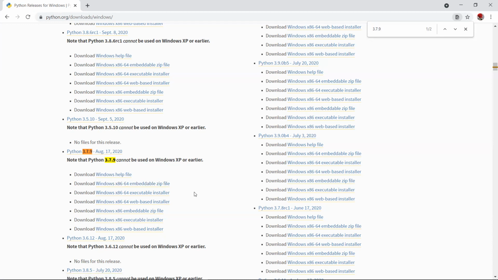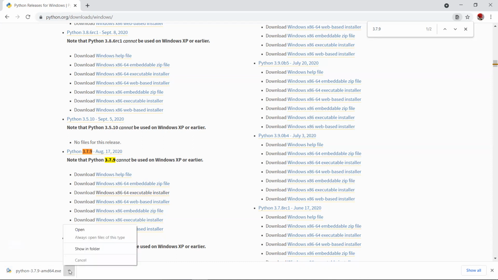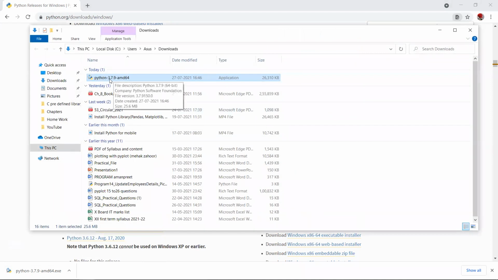Now to install this, firstly we have to download its installer. So click on the third link, that is for the 64-bit, and click here. And now it has started to download, and now you can see here it has downloaded. Now we have to go on our download option, and otherwise I can go from here also. So I'm clicking here and show in folder. Now you can see here there is a Python application. Now we have completed downloading of the Python IDLE.